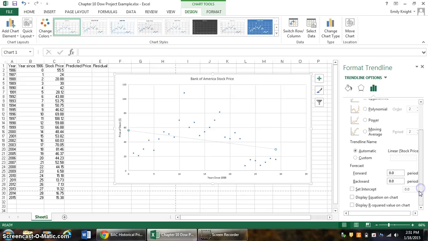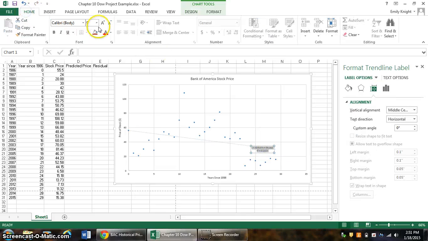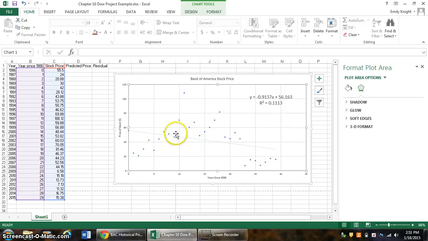So I want to format my trend line, I want to display the equation on the chart, and I'm going to go ahead and display the R squared on the chart as well. Now let me see if I can make this a bit bigger font so we can see it. So now we have our equation of our trend line and our R squared. So once you have your linear model, you can go ahead and answer questions 2, 3,